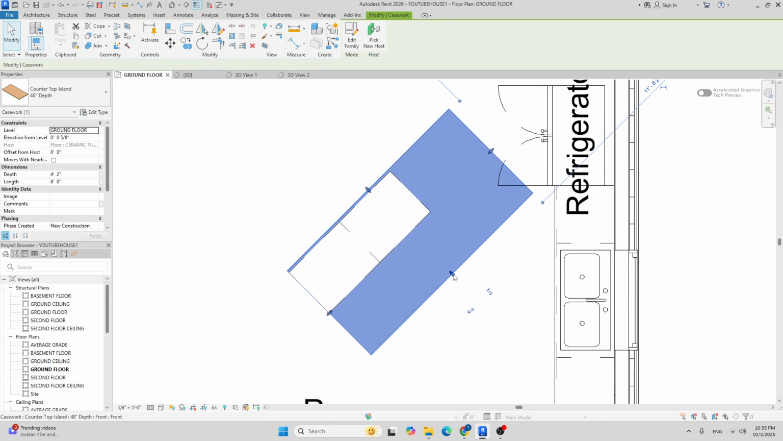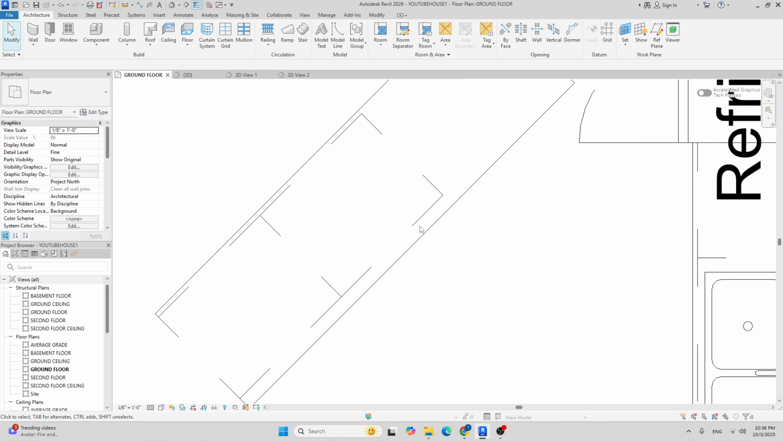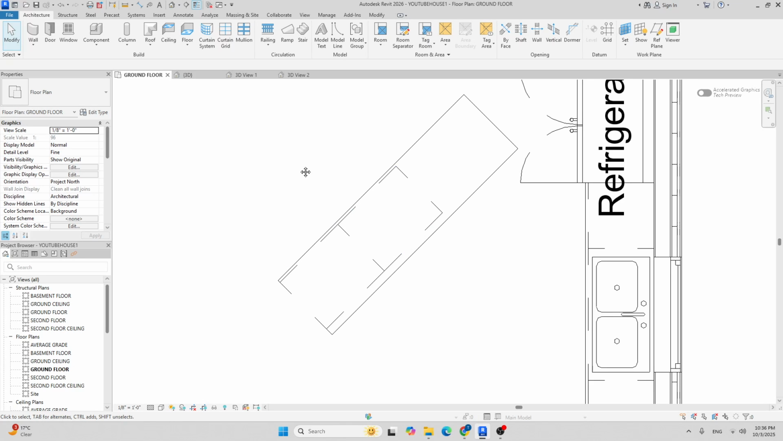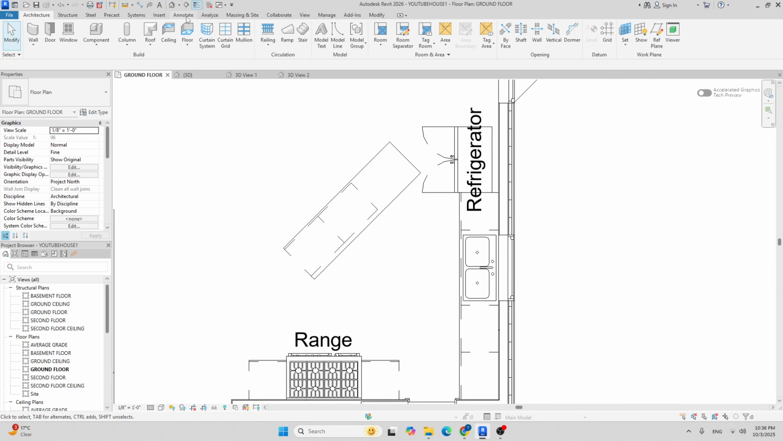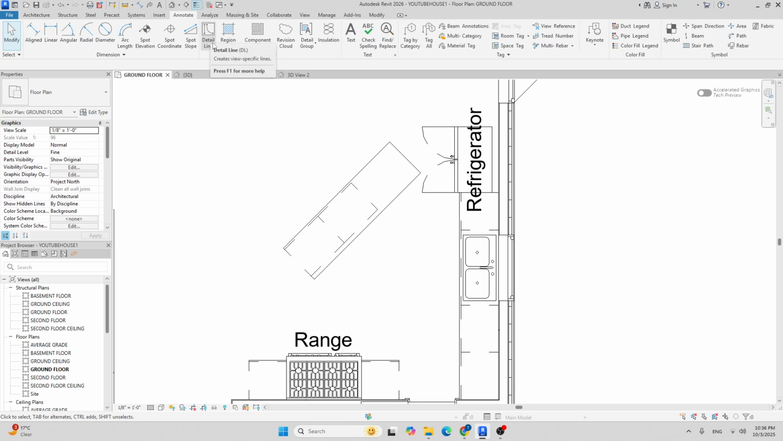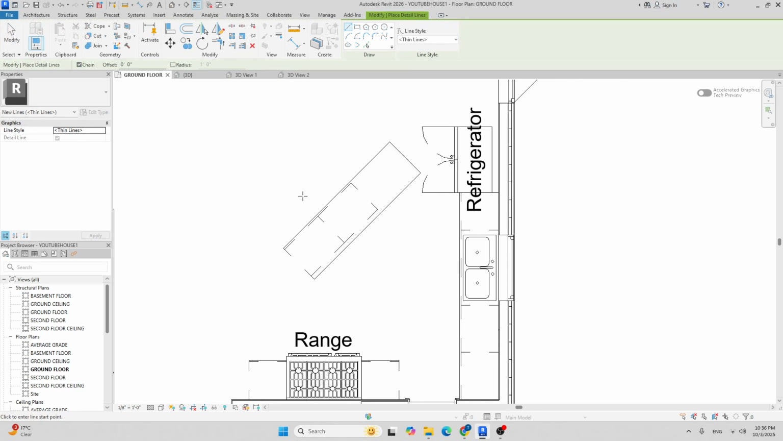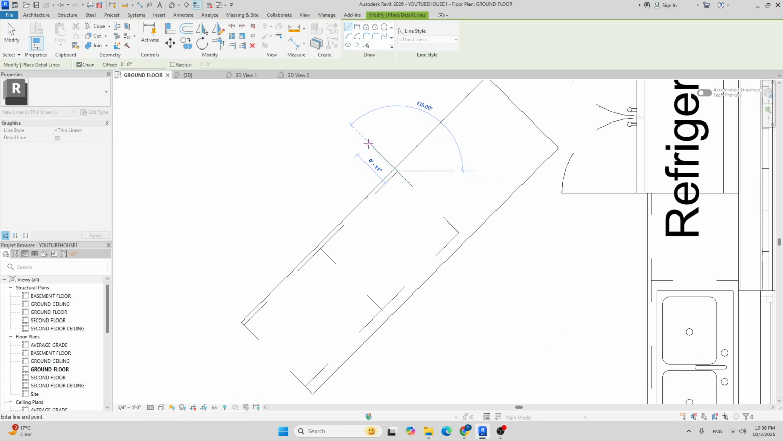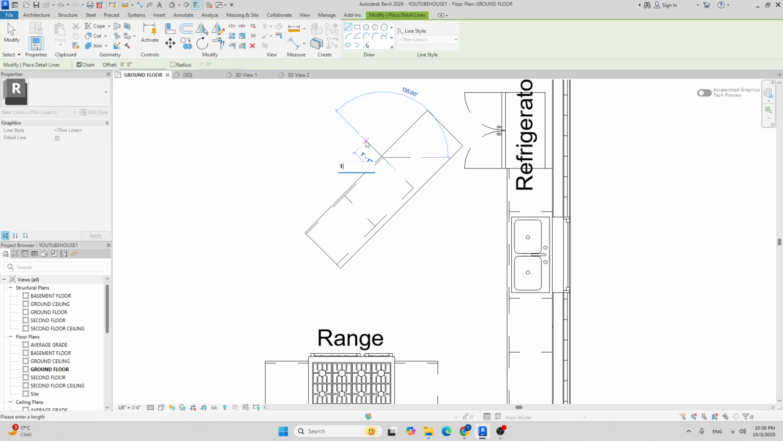Now I can click it and drag to whatever point I want. So there is no exact distance that we can drag, but we can always find a point to snap. So what I want to do is I'm gonna go to annotate and detail line, or you guys can type on your keyboard DL. So I'm gonna click from this end. I'm gonna click it. I'm gonna drag out about 1 foot 2 inches. I'm gonna hit enter, and I'll draw like a 45-degree line right here, and I'll hit